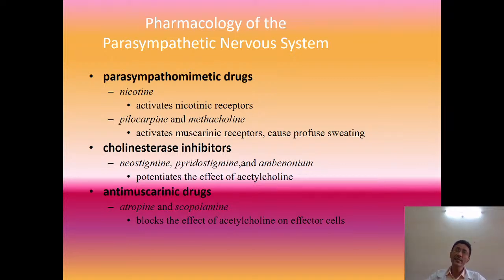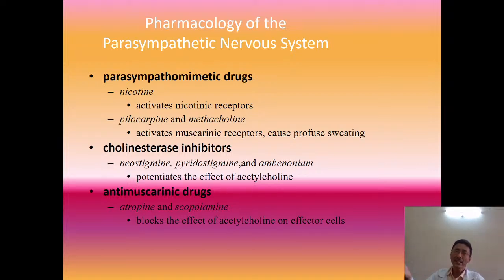Now these drugs can act by stimulating the nicotinic receptors, and one of the examples there is nicotine. Then there are certain drugs which can act by preventing the action of acetylcholinesterase. These are known as cholinesterase inhibitors. So cholinesterase inhibitors are those drugs which will prevent the action of acetylcholinesterase. So when these inhibitors prevent the action of acetylcholinesterase, they will not destroy acetylcholine and the action of acetylcholine